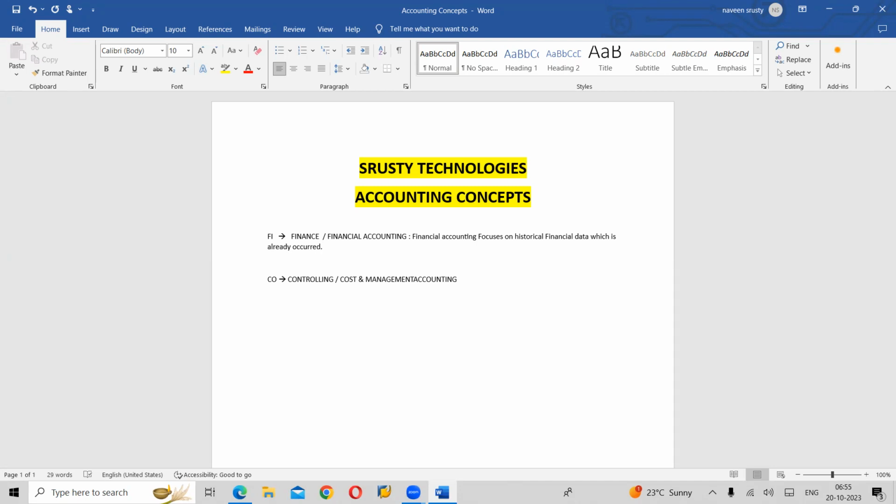Clear? We will see what we mean by transaction also. But what do you mean by financial accounting? Financial accounting focuses majorly on historical financial data, which is already completed, money or money's worth. Clear? Then the finance focuses majorly on the historical data of finance, and at the same time the primary purpose of financial accounting. Write it down. The primary purpose of financial accounting is to provide